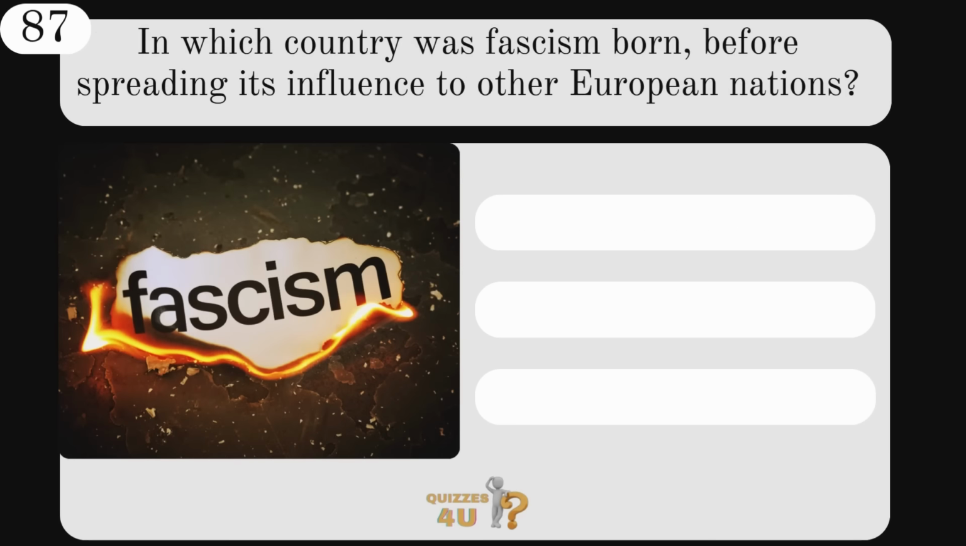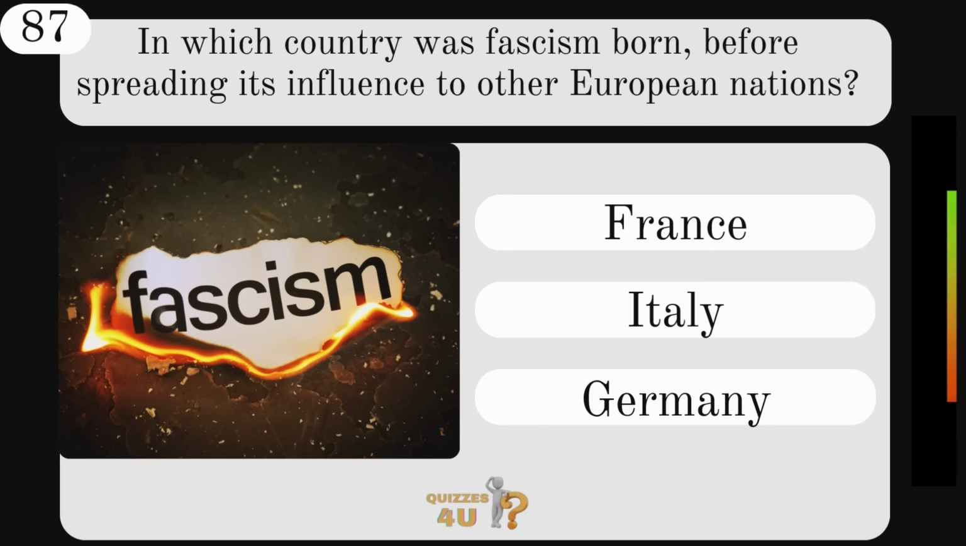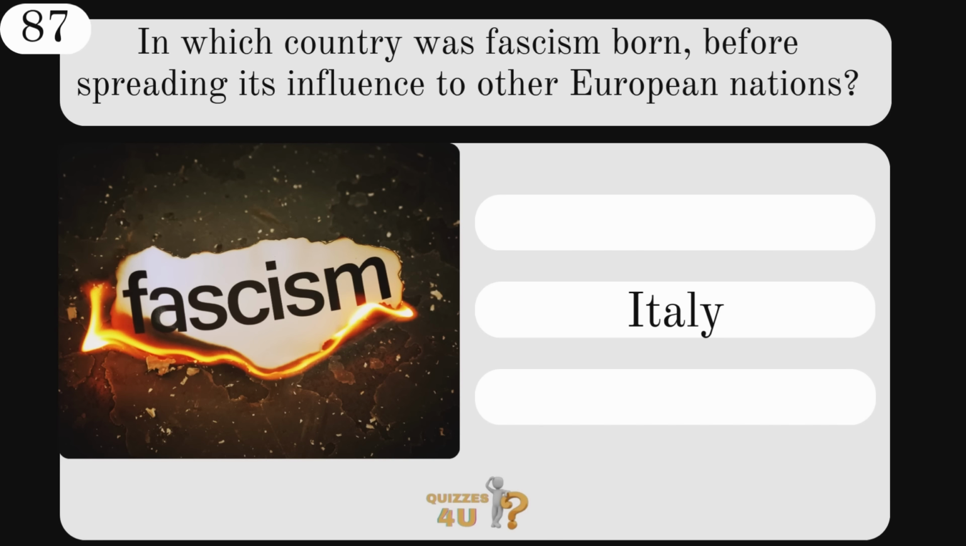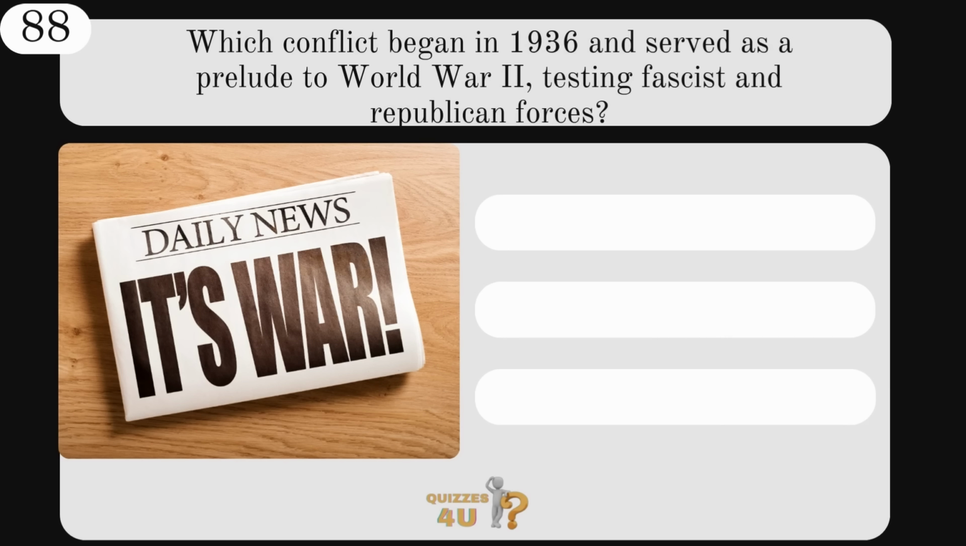In which country was fascism born before spreading its influence to other European nations? France, Italy, or Germany? That started in Italy. Which conflict began in 1936 and served as a prelude to World War II, testing fascist